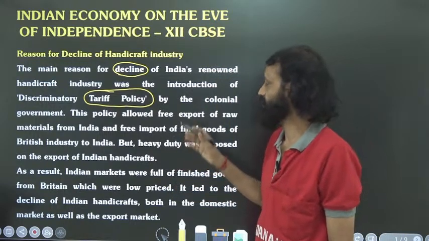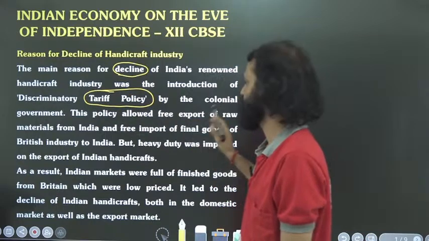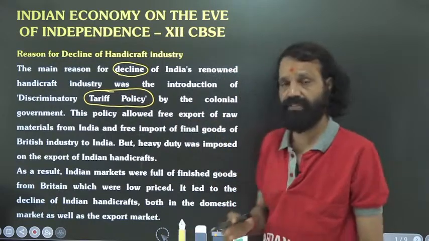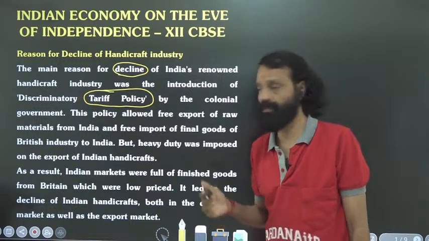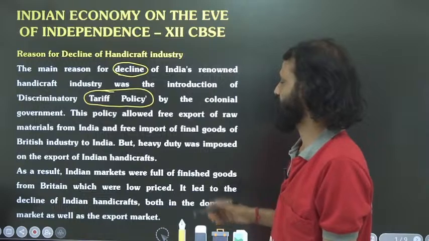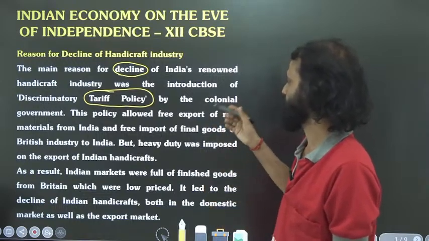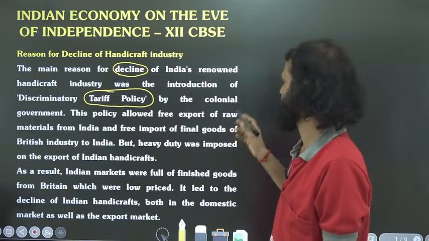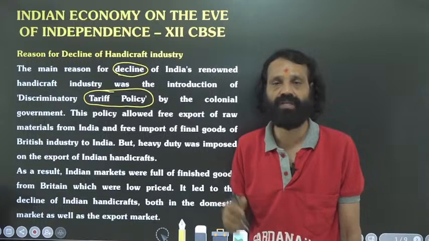So they destroyed that too because of the new tariff policy by the colonial government. Britain was ruling us as we were the colony, and they ruled for around 200 years. So their new economic policies, rules and regulations destroyed India's agriculture as well as